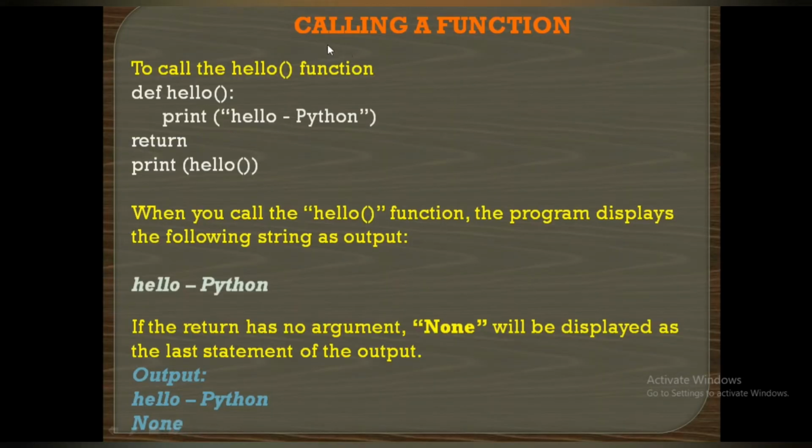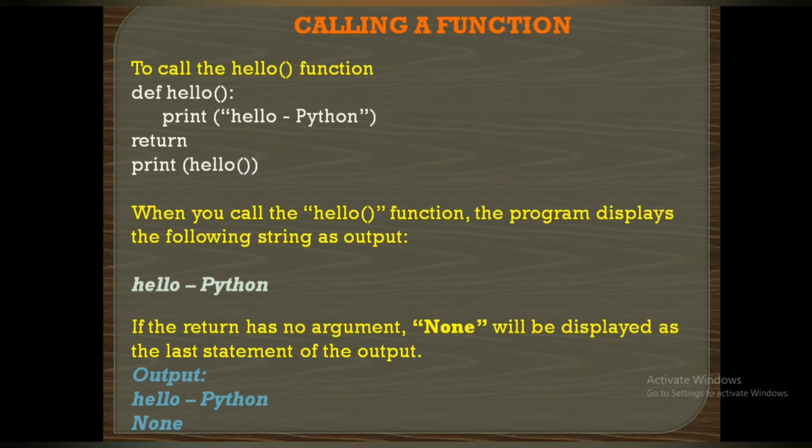Now you can see how to call a function. So how to call or how to invoke a function? A function can be invoked by using its name, that is the function name. A function can be called or invoked by its function name. Is it clear? So how to call the function? The function can be called by its function name. Okay, now you can see this example.